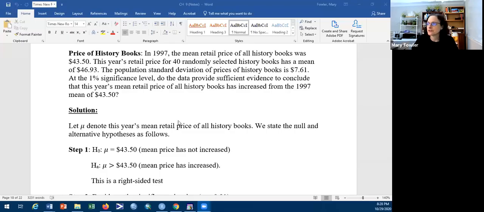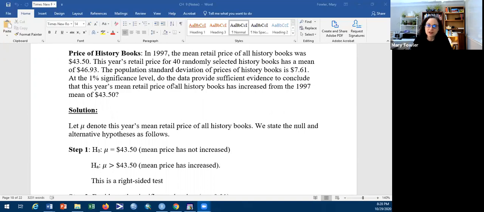Hi, so I just want to go back and look at the history book example in the notes. Then I'll bring that over back to the whiteboard, but I was just going to take a moment back in the notes, looking back a couple of pages. I just want to remind us about this example. So the mean retail price of all history books was $43.50. And this year's retail price for 40 randomly selected history books has a mean of $46.93. The population standard deviation is